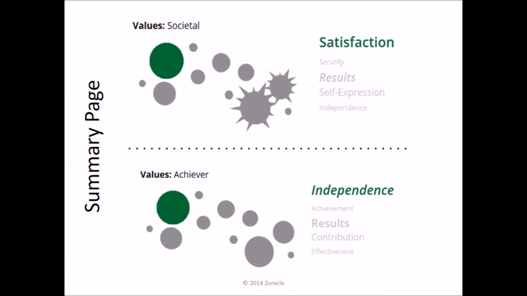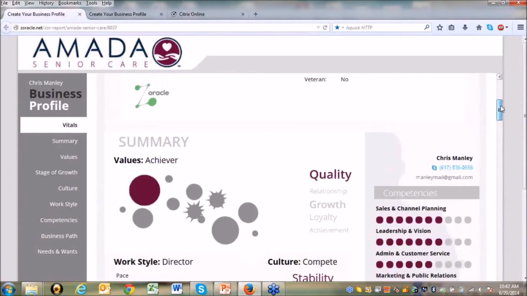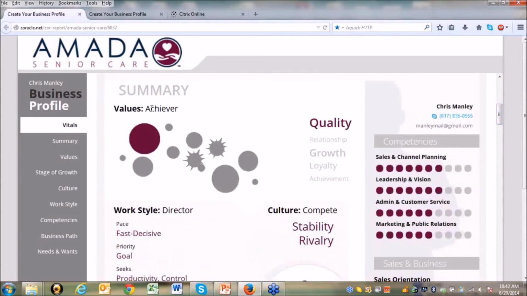If you recall, on the assessment tool, there are four or five areas where we address the values. This is a summary page of one of our clients, Amada, and you'll see up here in the left-hand corner the summary page. This first page is where you'll come, and at some point you'll be so well trained, you'll just look at this first page and go, okay, I know what to do with that prospect.